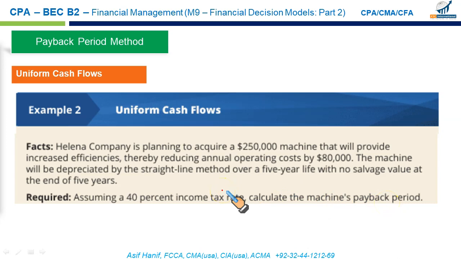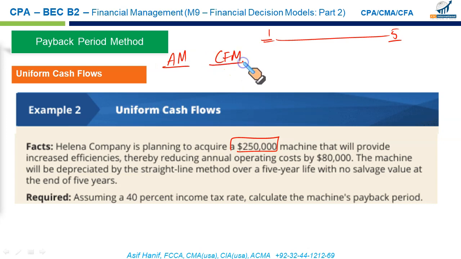Now, first of all, this is what we are investing, $250,000. Now we will have to calculate the yearly cash flow. We don't have to do it for all the years, we just need to calculate for the first year because cash flow would be the same from year 1 through year 5, right? So how do we calculate? There are two methods I hope you would remember. Either you can use the accounting method, or you can use the cash flow method. Both should get you the same answer.